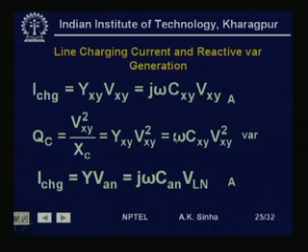So, we can find the charging volt ampere reactive as omega Cxy into Vxy square. This will provide us the volt ampere reactive which is generated by the transmission line,